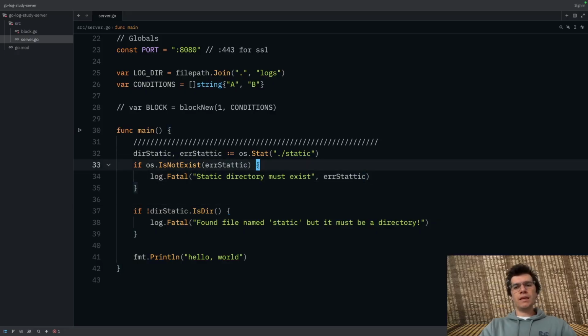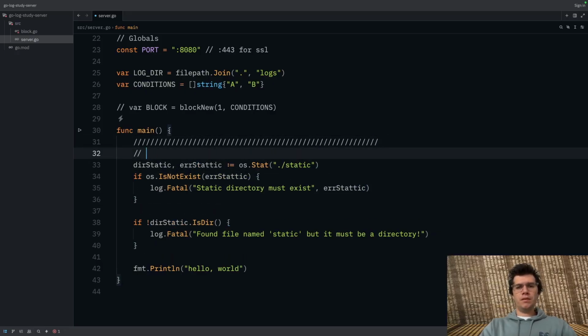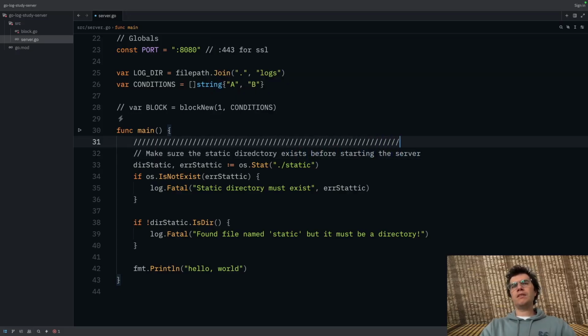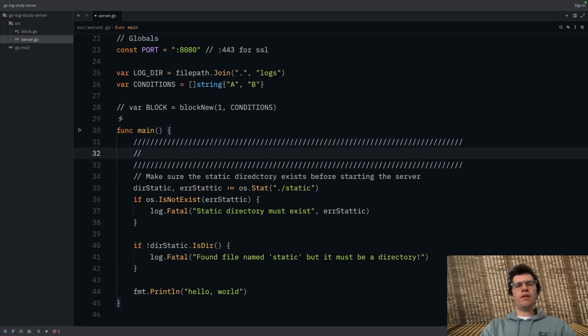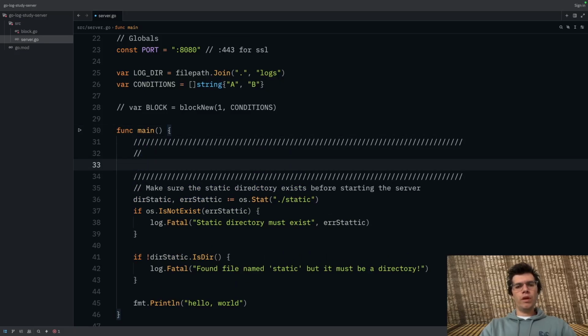So we can do something like that. Perfect. So this is going to be: make sure the static directory exists before starting the server, something like that. And because that's not long enough, we're just going to take this to 80 for this. So we'll do this, and then we have another one coming up, which is what we should have done at the start. So right there it is.